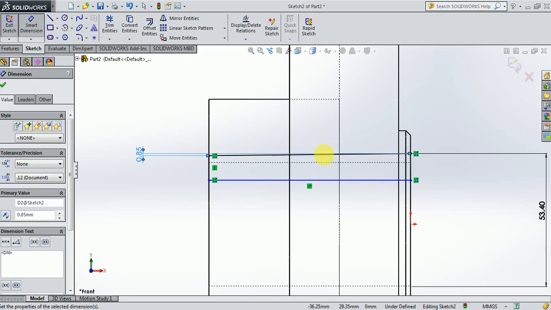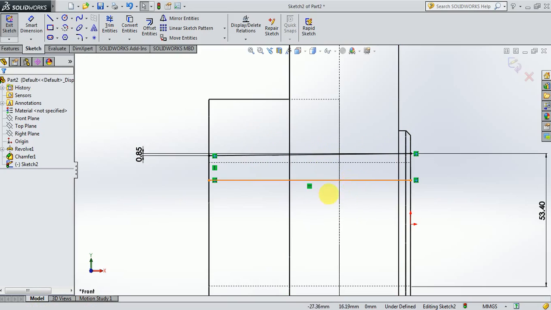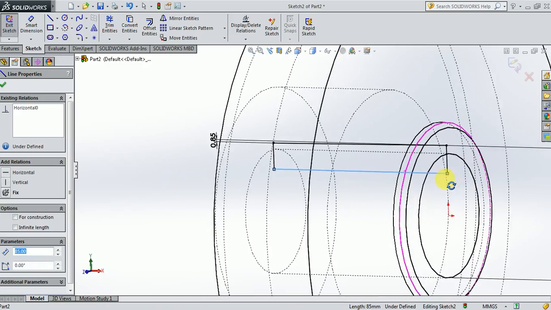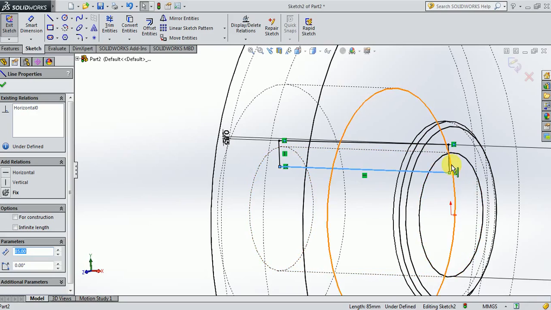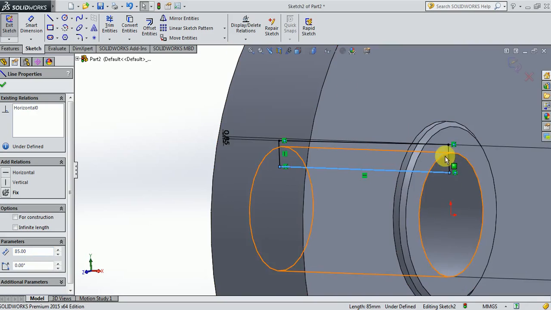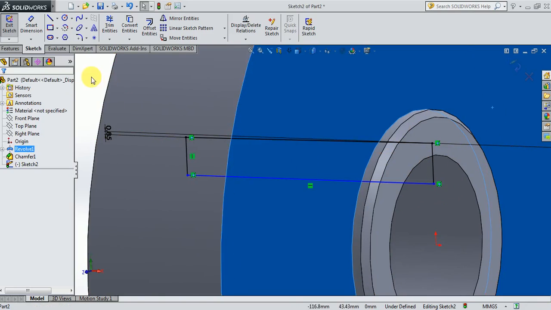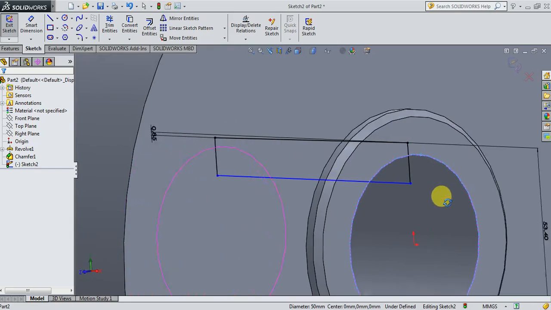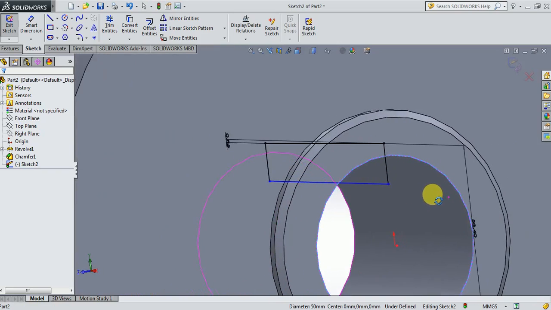Okay, and now as you can see here, this bottom line of this keyway is not constrained. So in order to constrain this, just remember this. You need to give a suitable height here. So you have to give the height in such a way that, let me bring the model to solid form, this particular line should be below this inner circle. Okay, so that is what you should remember. That's why right now it is